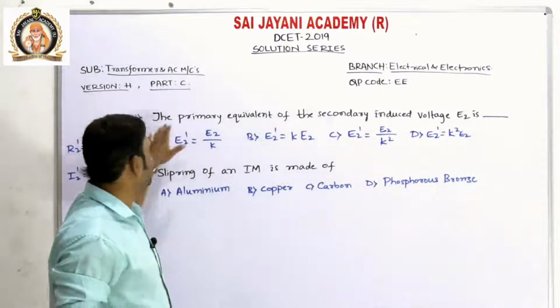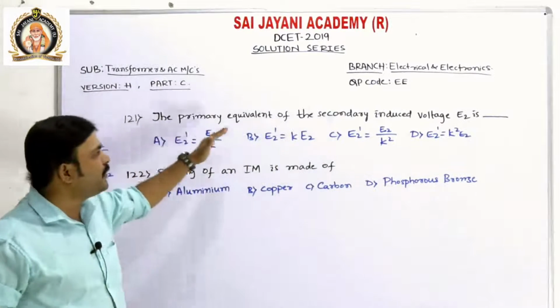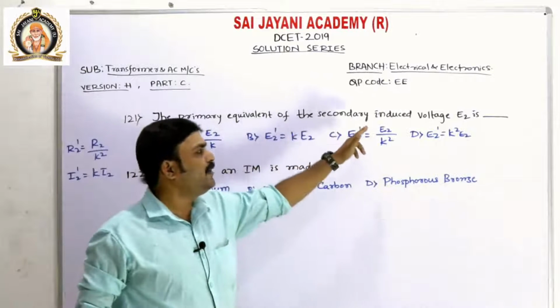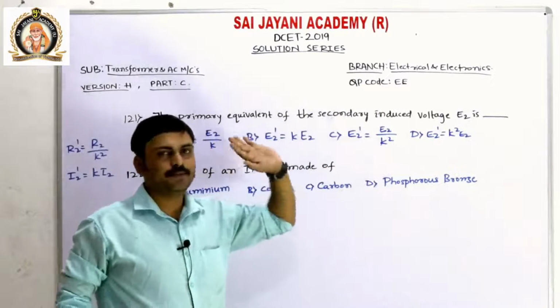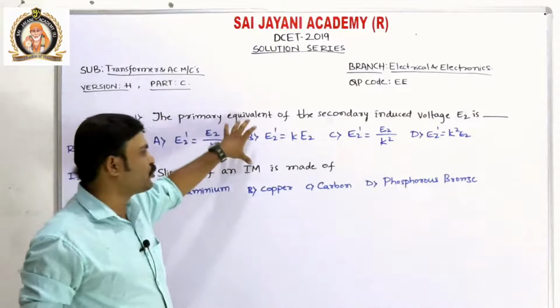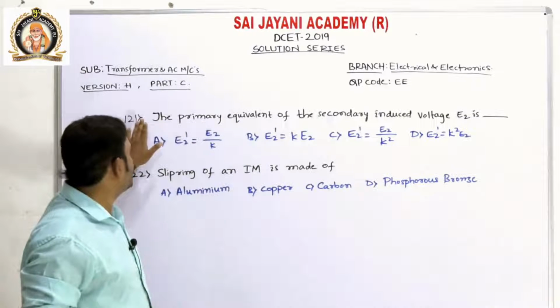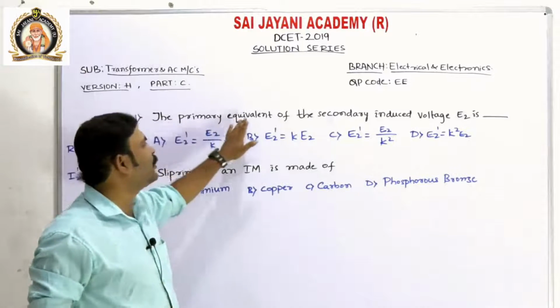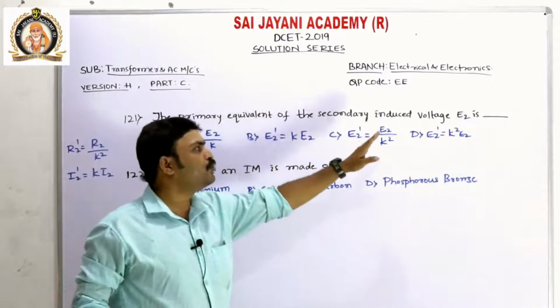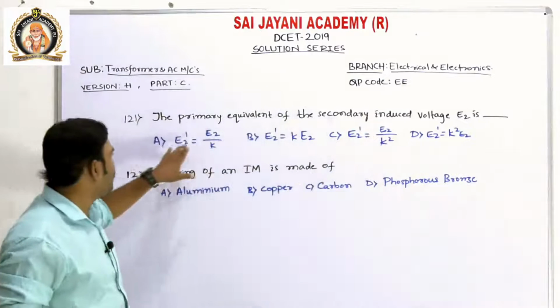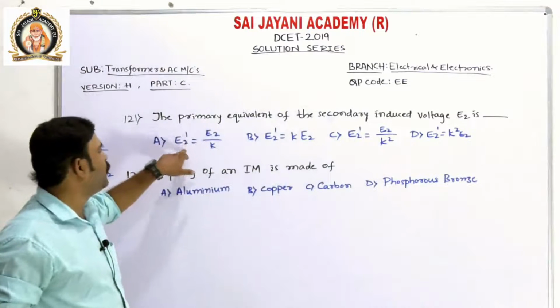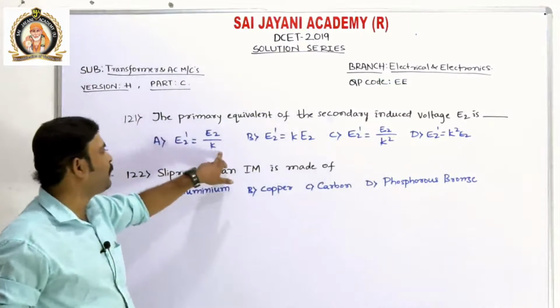Question number 121. The primary equivalent of the secondary induced voltage E2 is, okay, this question is regarding the transformer. The question number 121 says the primary equivalent of the secondary induced voltage E2 is, option A, E2 dash equals E2 by K. Option